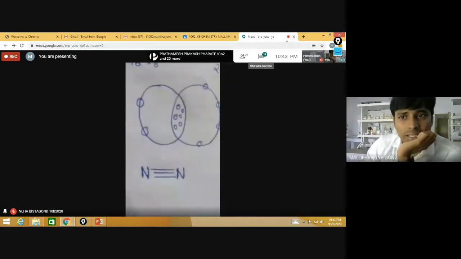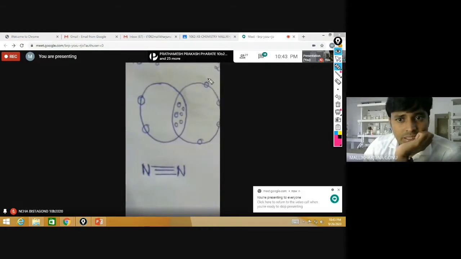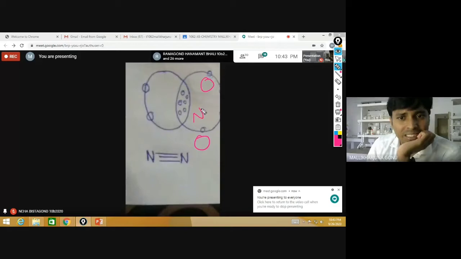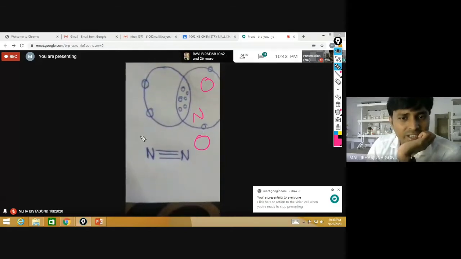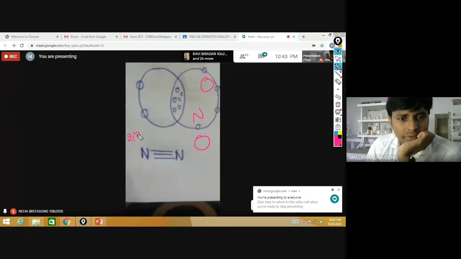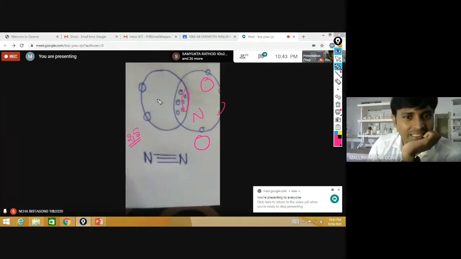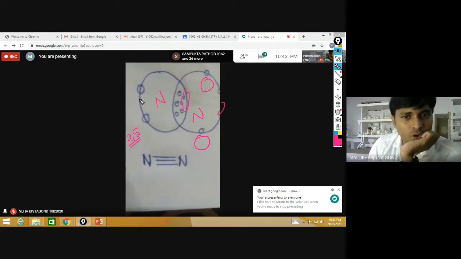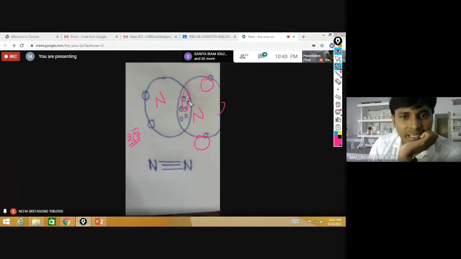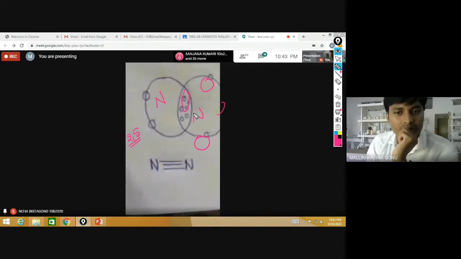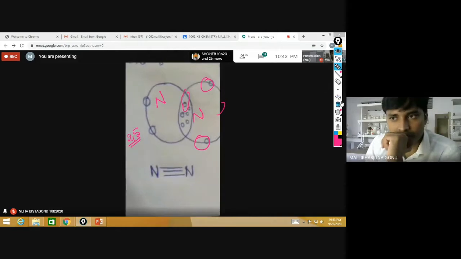Okay, but Neha, one mistake is there. These extra electrons you should not write, because for this nitrogen only 8 electrons should be there. What is the valence of nitrogen? 2, 5. So 5 electrons only we have to write. What mistake have you done here? See, these 3 you have written fine, but here 2 electrons. This side you have written correct: 1, 2, 3, 4, 5. So total it became 6, this plus 2. But here how many did it become? 1, 2, 3, 4, 5, 6, 7, 8, 9, 10 you have written. Right side. Okay, you correct it, Neha.